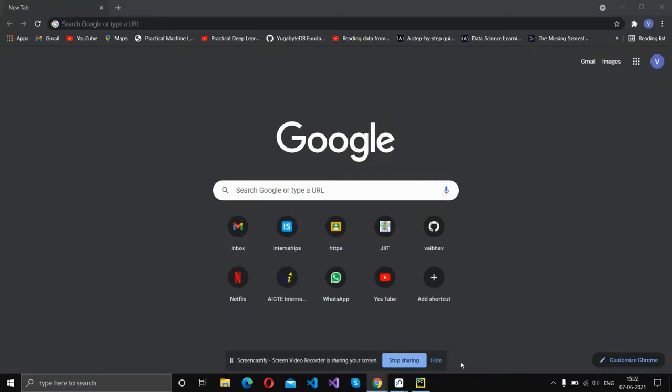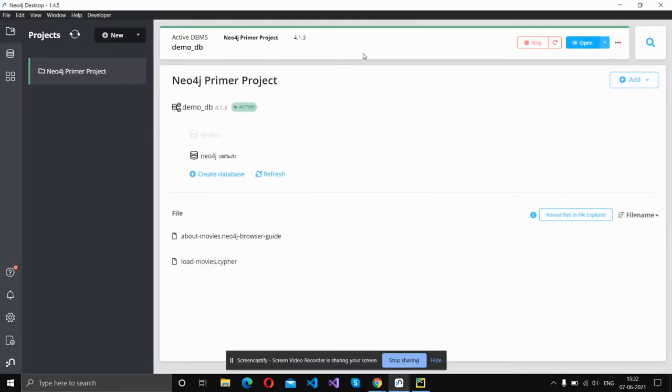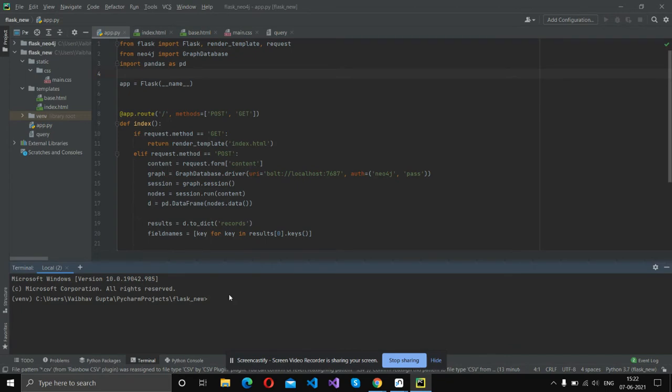This is a Python dashboard for using Neo4j database. I have opened the Neo4j database and made the project run. Make the demo database. Now here in PyCharm, I run the app,